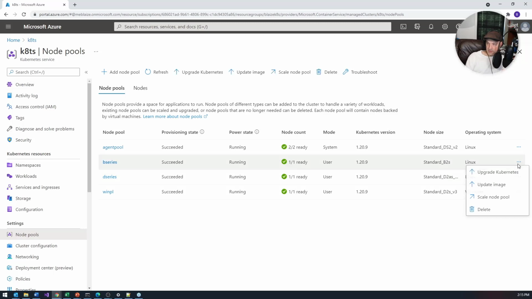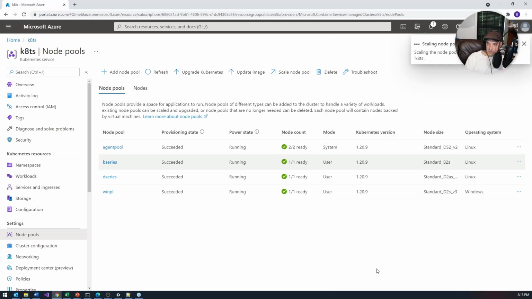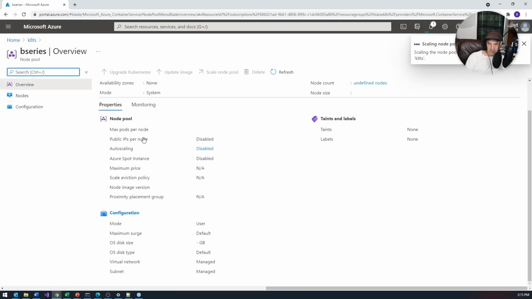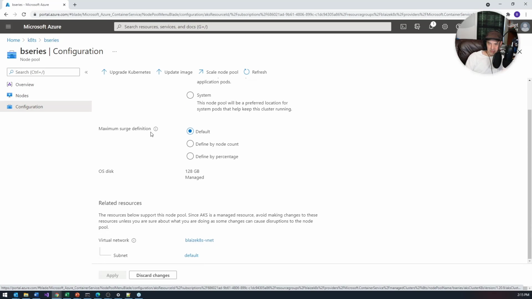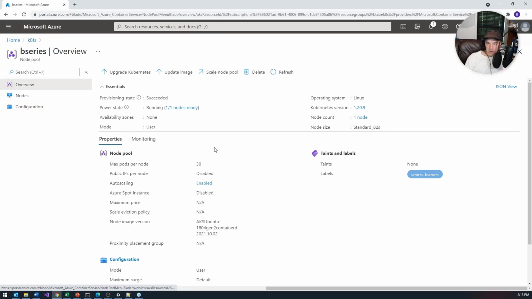So I'm going to change the scale of this. I had these scaled down because I didn't want to incur costs. I'm going to scale this up, and I'm going to give it a max of, let's just say, 5 nodes on this, and apply this. And this one has, I think, up to 100 pods or 30 pods per node. I can't remember the exact number that I defined on this particular node pool, but in any case,